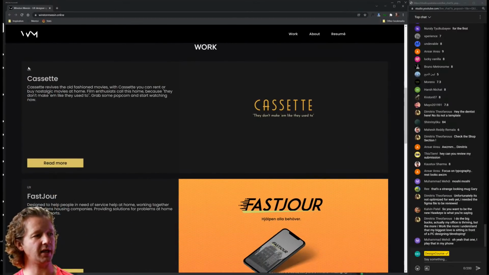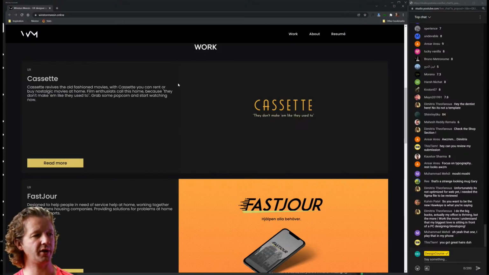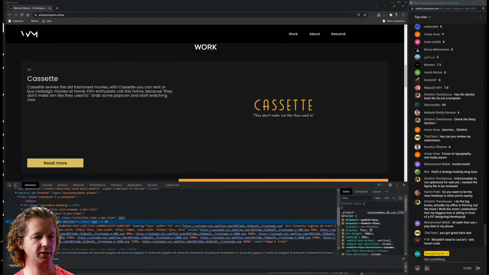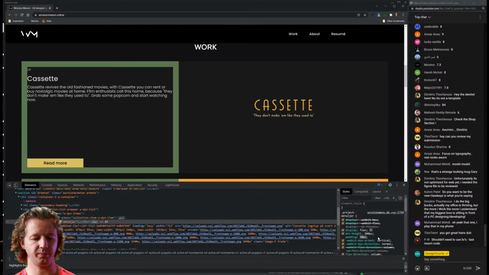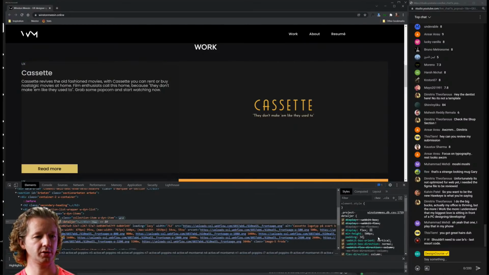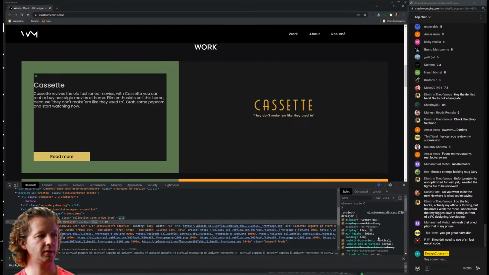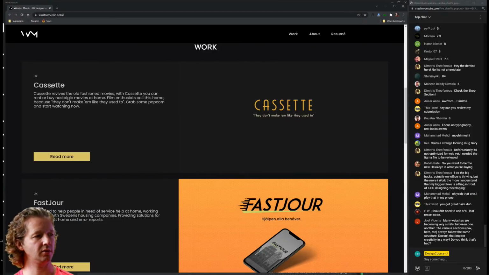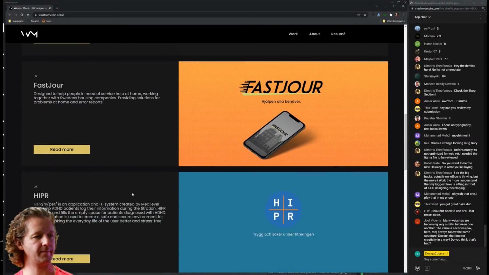More white space inside of these cards. I do see you do have some padding, but again, your leading needs fixing here as well. More white space. Let's see what it looks like if we do that real quickly. So if we take this, we have padding of 30 pixels. Let's go like 4em. That's a little bit better in my opinion than what you had previously.